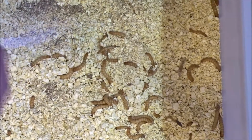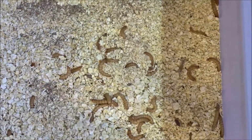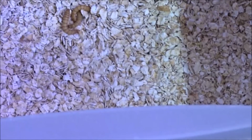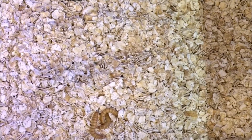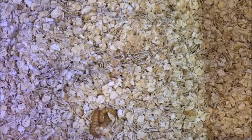And the second bin, now these are the older mealworms in this bin. I had to rotate it downward because there were so many. This one here actually has little tiny baby mealworms in there. Actually, I'm going to go ahead and give them a carrot in a little bit. But yes, this system actually works. It's awesome. So if you want thousands of mealworms like I have, if you have this 2-bin system, the 3 drawers,